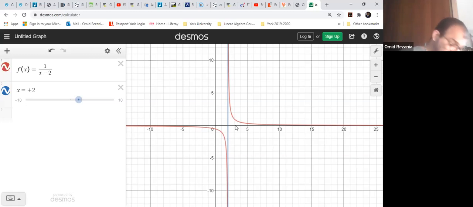But no worries, you are not supposed to know about this one except to see how these functions look on the graph. But you do not need to find them because this is not part of your course. Okay, now